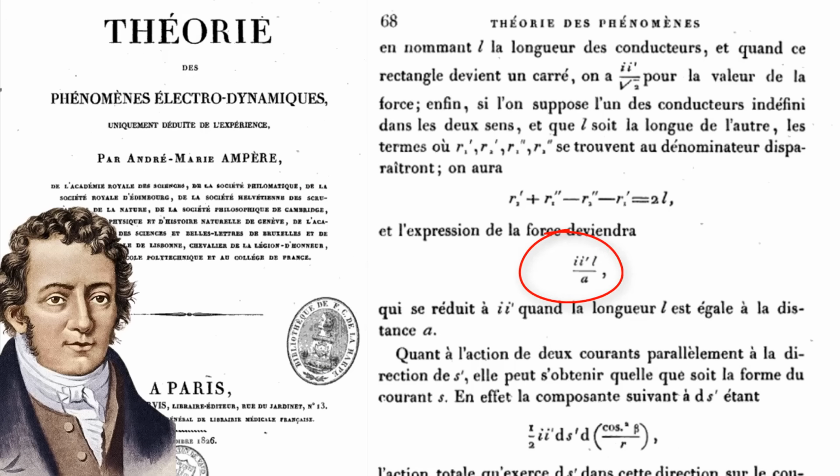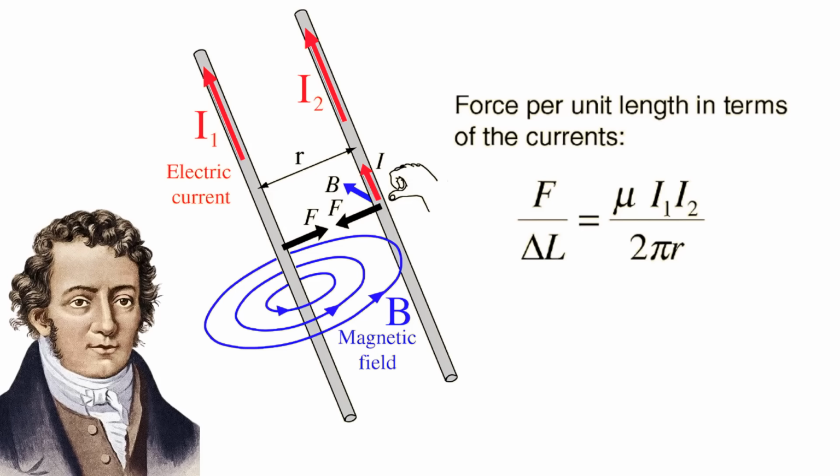where he found, among many other things, that if he had a straight infinite wire with current I, and he put another current of I prime and length L next to it, then the force between the two wires is proportional to the two currents times the length divided by the distance between them. In modern units, the force per length for two straight wires is written as force per length is mu I1 I2 over 2 pi r, where mu is called the permeability, which is dependent on the magnetic properties of the medium. This leads back to James Clerk Maxwell.